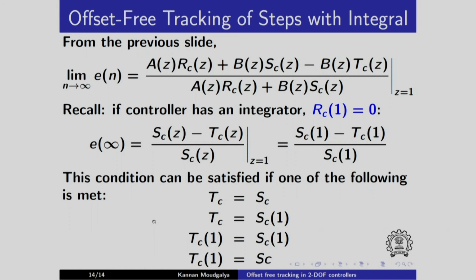So this is the basic result that you have to remember when you discretize a continuous time controller. It is using this fact people have arrived at many different discretization algorithms. Every one of them will satisfy this. If you remember this, it will be very easy for you to analyze any discretization algorithm.